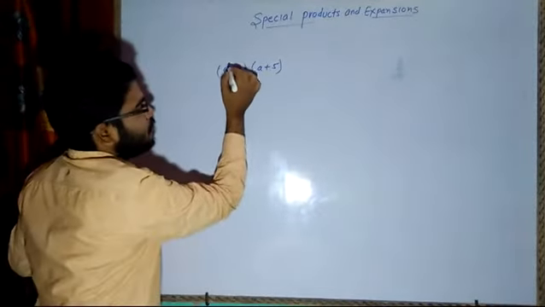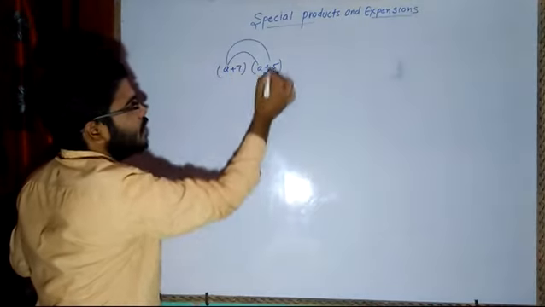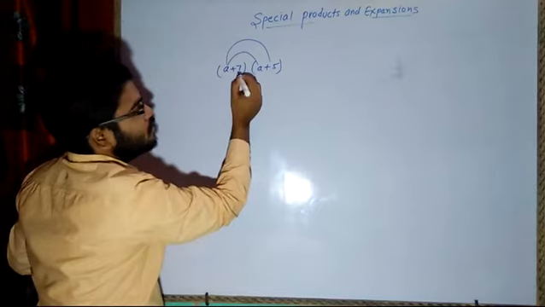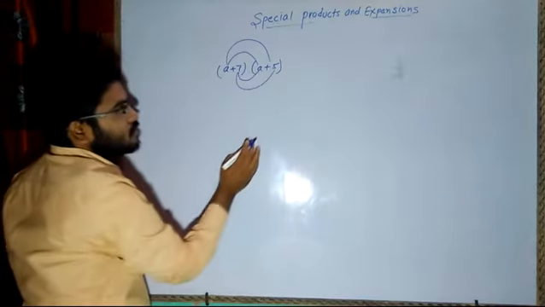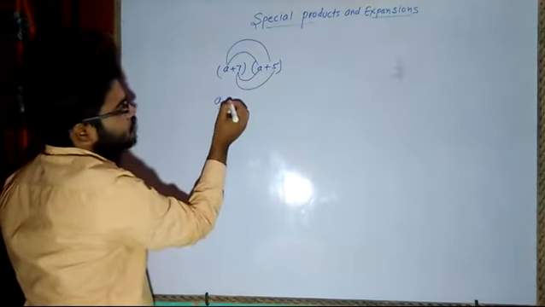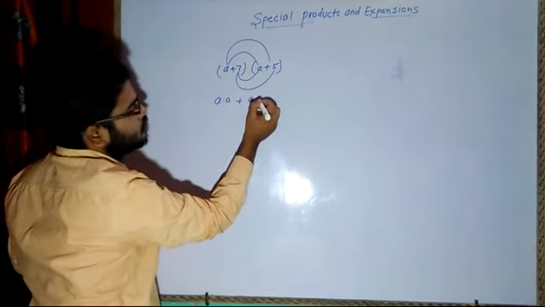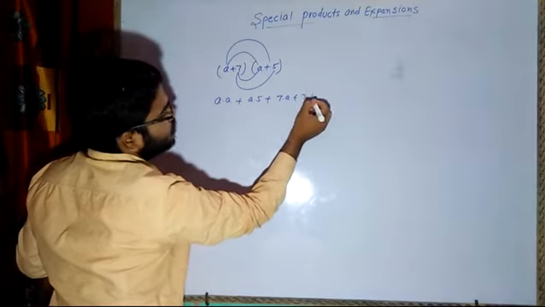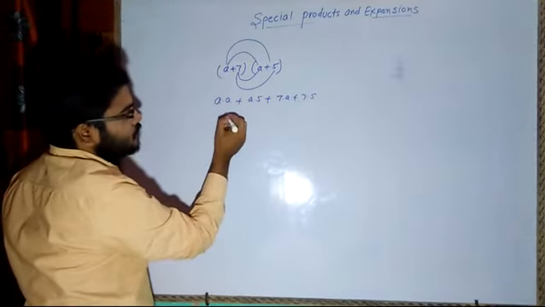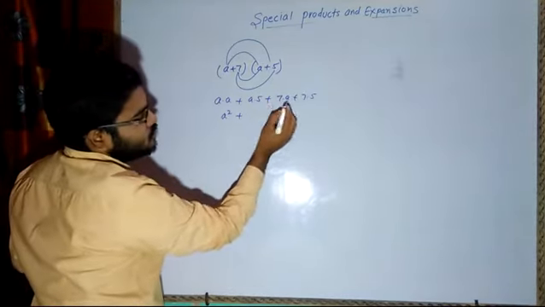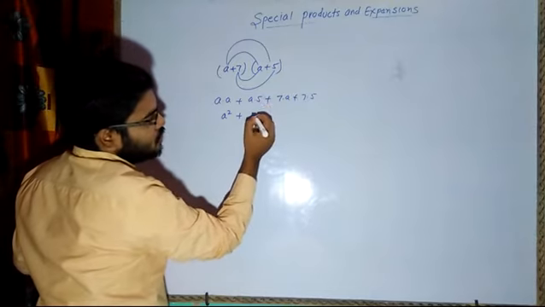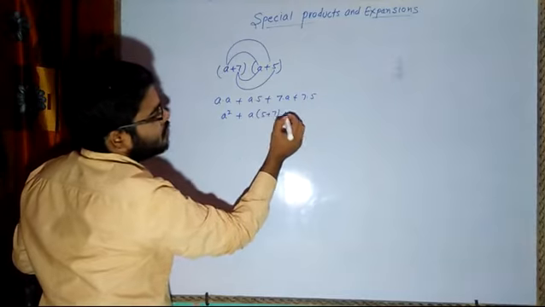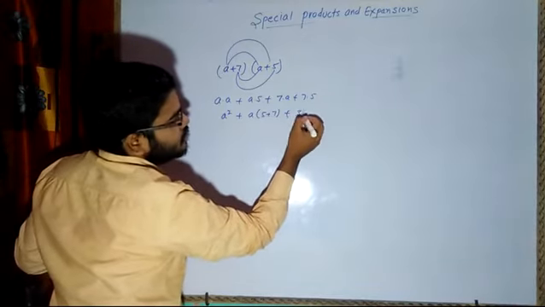In general, if we multiply, then I will be multiplying the first term with the remaining two numbers. This I will be multiplying with this. So I will be writing a into a plus a into 5 and then 7 into a plus 7 into 5. Now a into a will be a square. Here a and a are common, so can I write it like this, a times 5 plus 7, plus 7 into 5, that is 35.